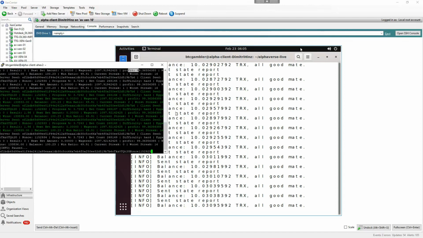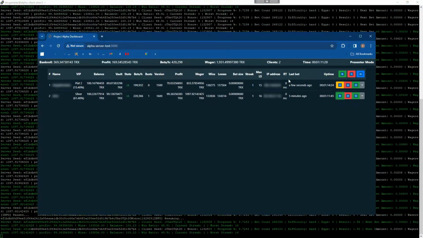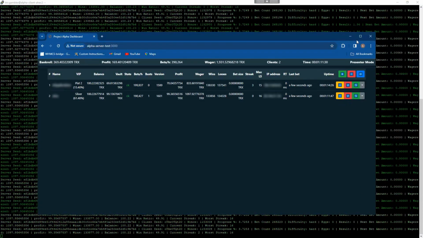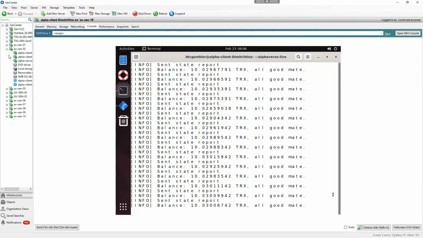All I'm trying to say to you is this is 100% provably fair. It's exactly the same as a casino. We should be able to kick the betting back off. Now, what I'm thinking of doing is dedicating an entire server just for testing. Yeah. So on here, I think I can get